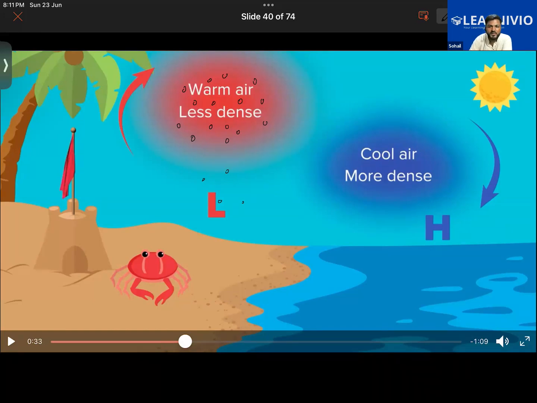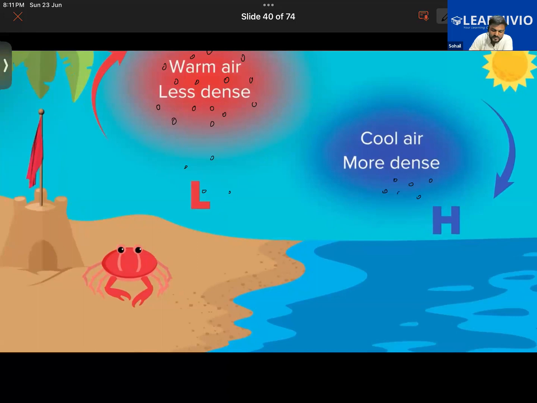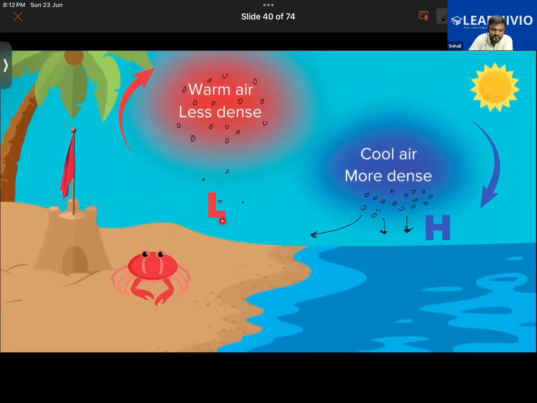Exactly. So cooler air is heavier and denser, so these air molecules would fall down like this, and wherever there is an emptiness, they will move towards that. Right now the emptiness is towards the land, there is empty space available here now. So these air molecules will move towards the land, because there are already lots of molecules above the water body. So it will go where there is a smaller number of air molecules. So it moves towards the land. Getting it, guys?